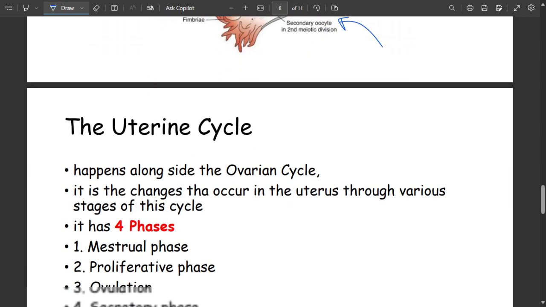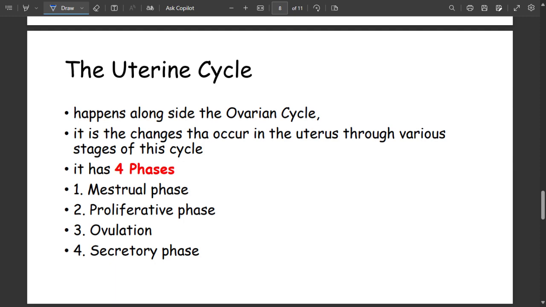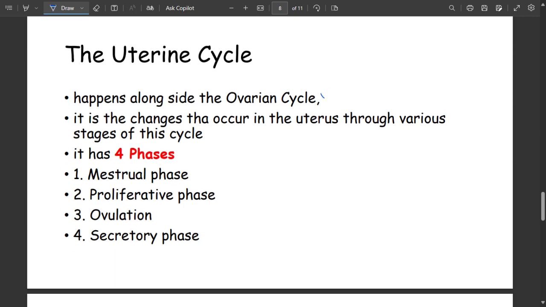And then the uterine cycle, on the other hand, like I said, happens alongside the ovarian cycle. What we mean is that they occur in tandem, so to say. When you talk about the monthly cycle, they usually refer to it as the same thing. You can call it the ovarian cycle or the uterine cycle, but you can add an extra layer of distinction by saying that with the uterine cycle, you're talking about changes that occur in the uterus on a monthly basis. Then with the ovarian cycle, you're simply talking about the changes that occur in